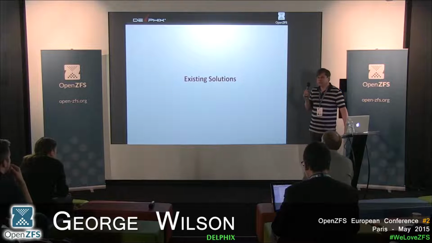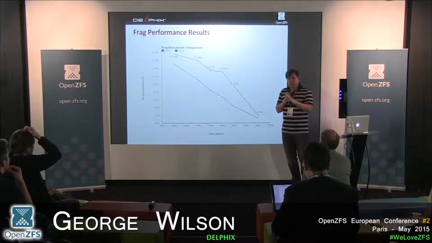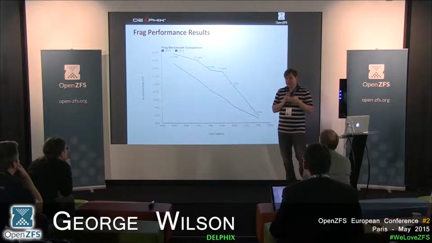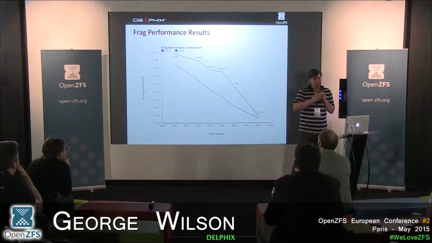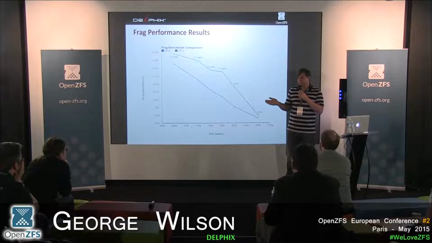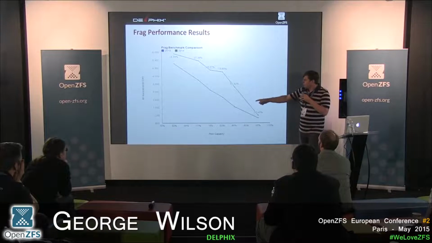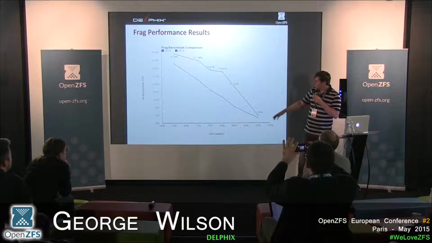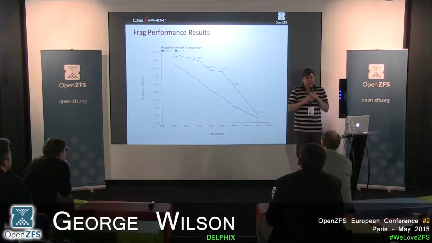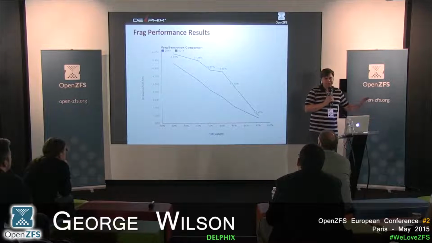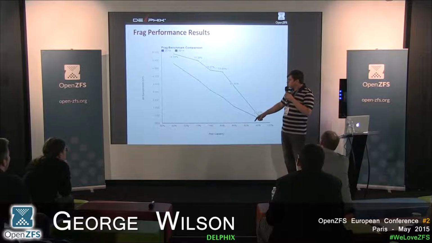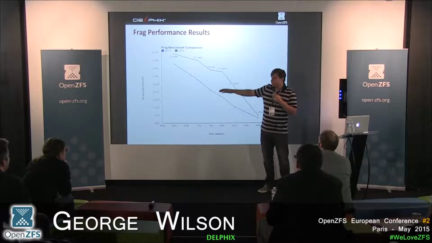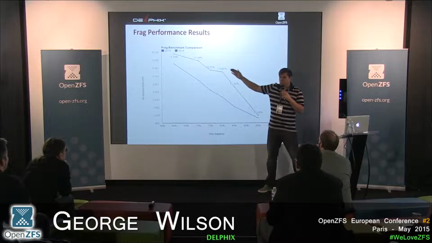Okay, so let's first talk about the existing solutions that I just mentioned. When we set out to improve write performance, we were looking at making sure that write performance, as you approach the 80% cliff that everybody is so fond of, stayed relatively even. We knew that as we started going beyond 80%, that performance was going to be tough to achieve. So what I'm showing here is random IOPS using this benchmark we call frag. The baseline is the blue line, and we can see this very linear cliff that happens starting at about 60%, and actually, if you were to graph this out, it even starts before 60%. But we wanted to improve on this. And by doing some smarter selection of Metaslab regions, we actually were able to flatten this out to the 80% mark. So you can see here, the top line is actually showing us what we were able to achieve